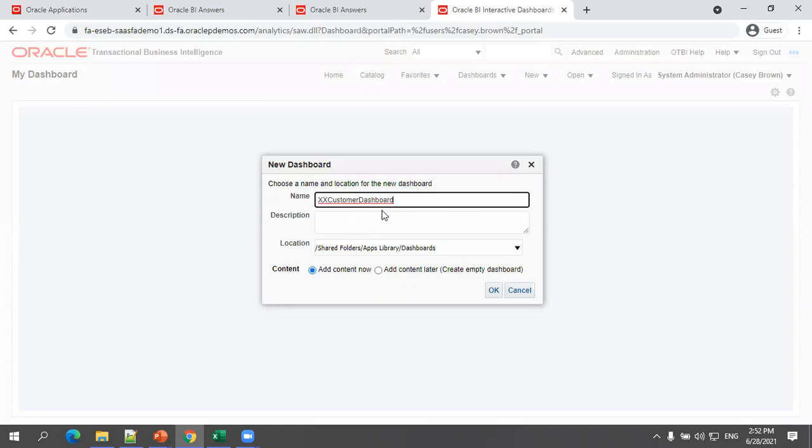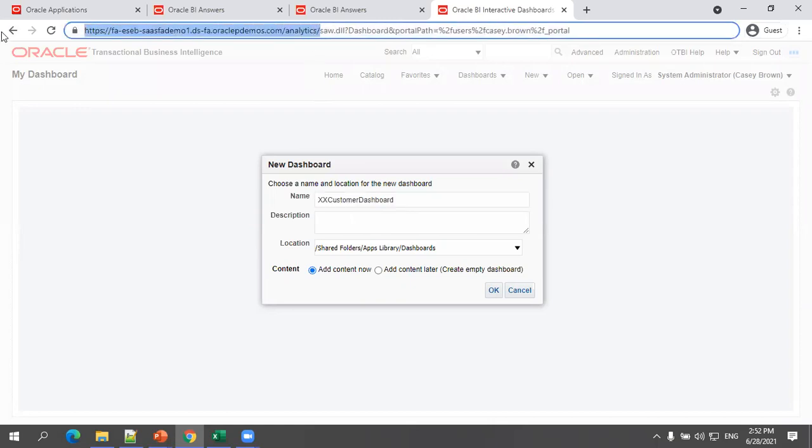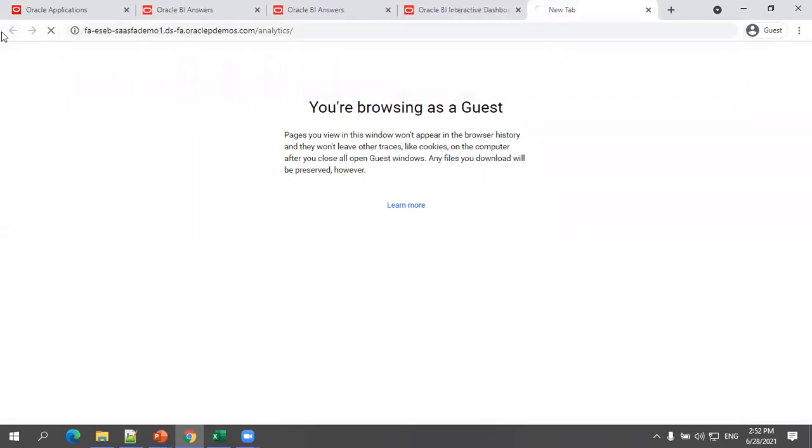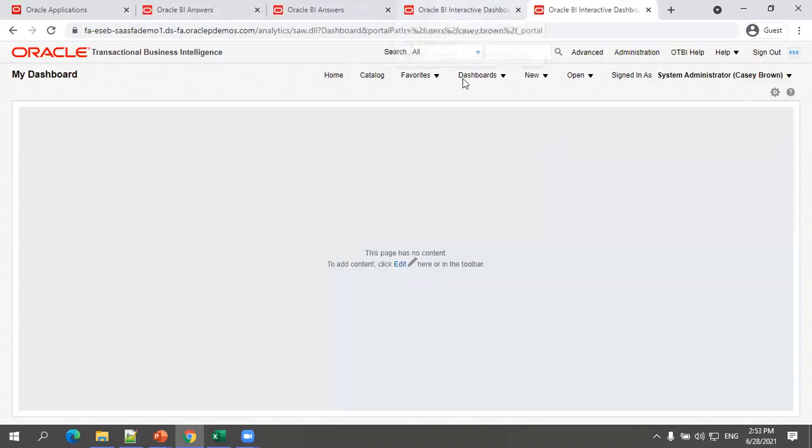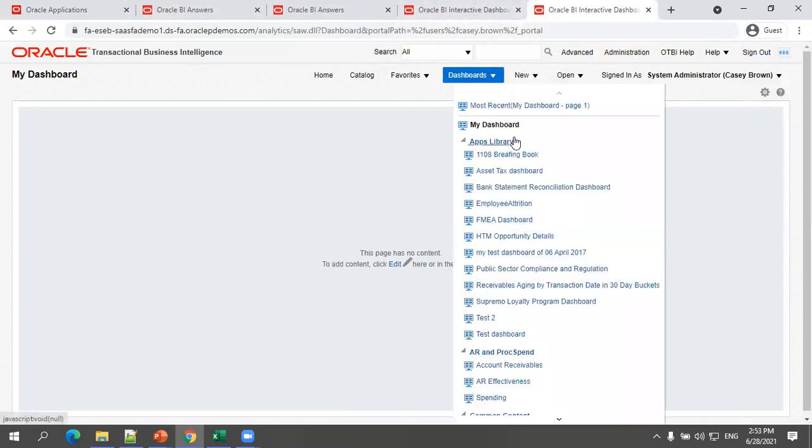It is also asking the location. There is one important property we have to select when selecting the location for the dashboard. If you want your dashboard to be available as a hyperlink here in the dashboard menu, you have to select a specific location.